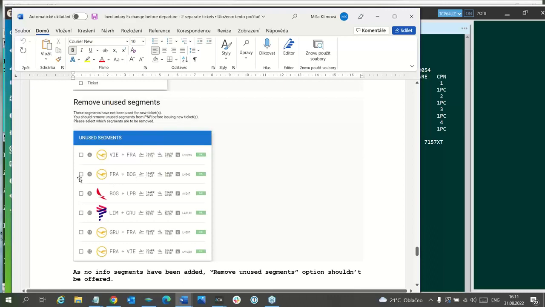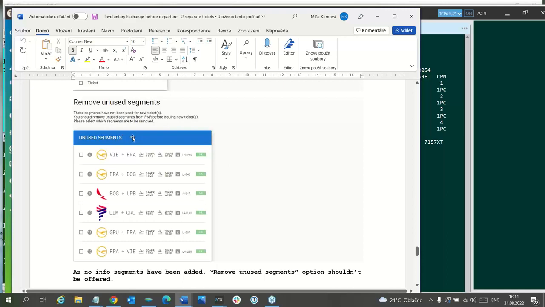So therefore, we cannot remove these unused segments: Vienna, Frankfurt, Bogota, La Paz, and this Lima, Sao Paulo, Frankfurt, Vienna. It is not possible because we would cancel a real reservation.